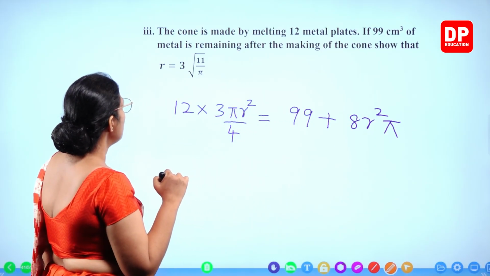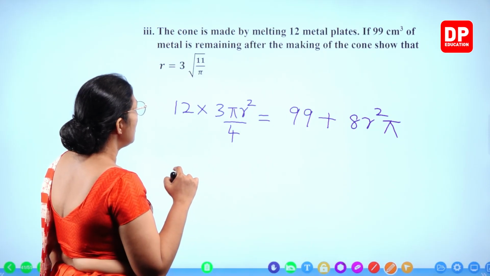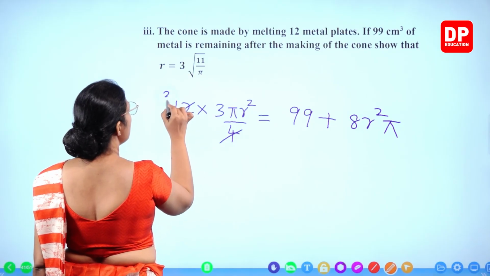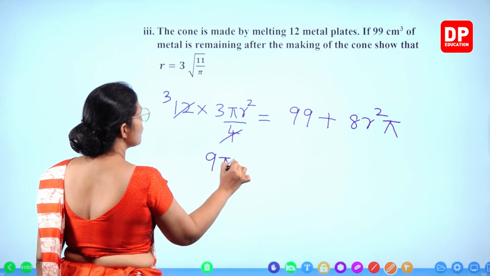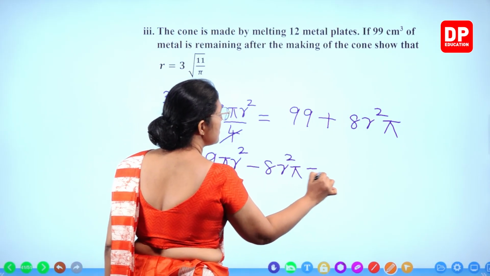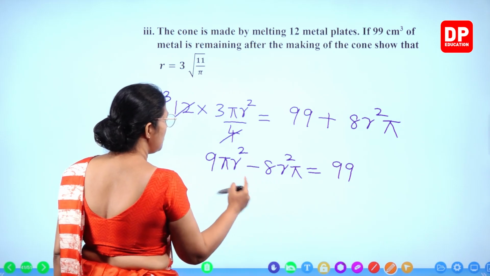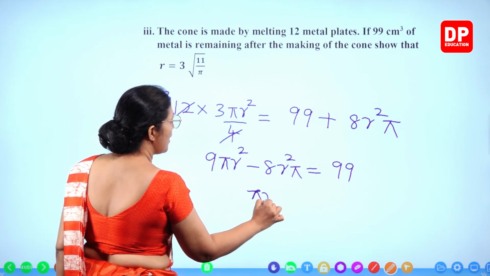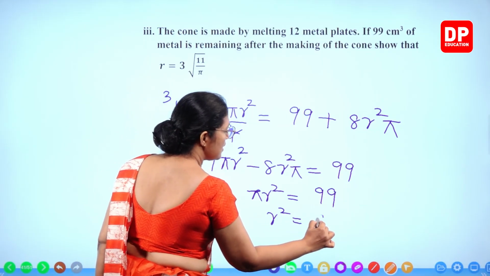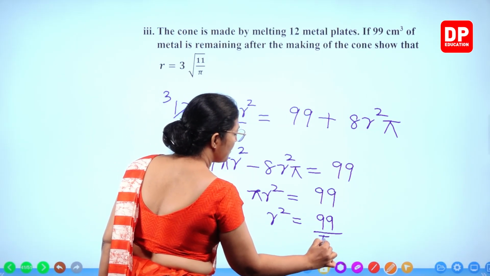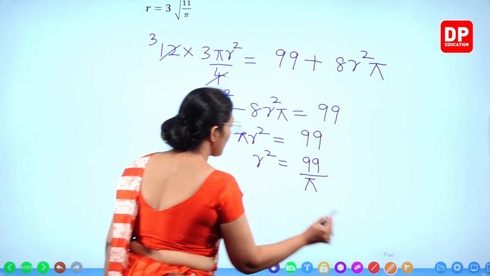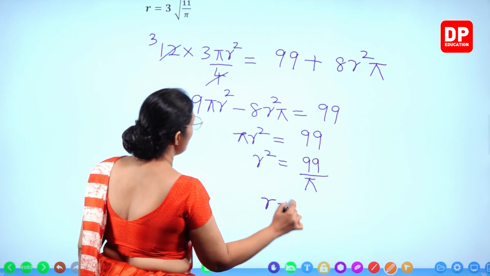Now we'll try to simplify and make r squared the subject. 4 times 3, 3 times 3, 9 pi r squared, and take this one to this side, 8r squared pi is equal to 99. So same term, that's pi r squared is equal to 99. So what is r squared? 99 over pi. So when you take the square root, you get r equals square root of